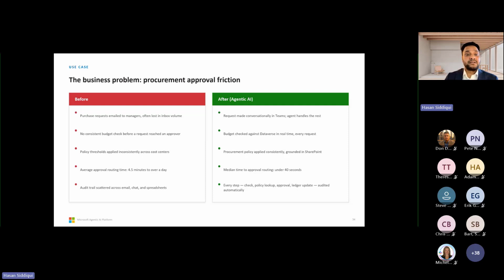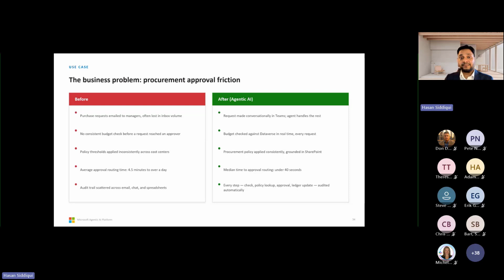There is no consistent budget check before a request reaches approval. Many humans are only managing the mailbox where purchases happen, and policy checks are applied manually. Average approval routing time takes over a day or more. And the audit trail is scattered across mail, chat, and spreadsheets.